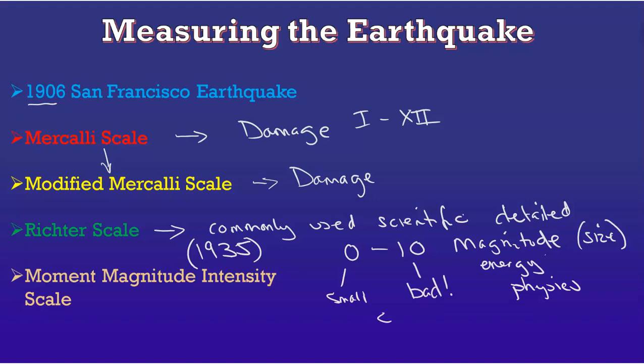And below a 3 or 3.5 is humans can't really feel it. And then above a 3.5, obviously you get progressively larger vibrations and you feel it. And obviously the damage would